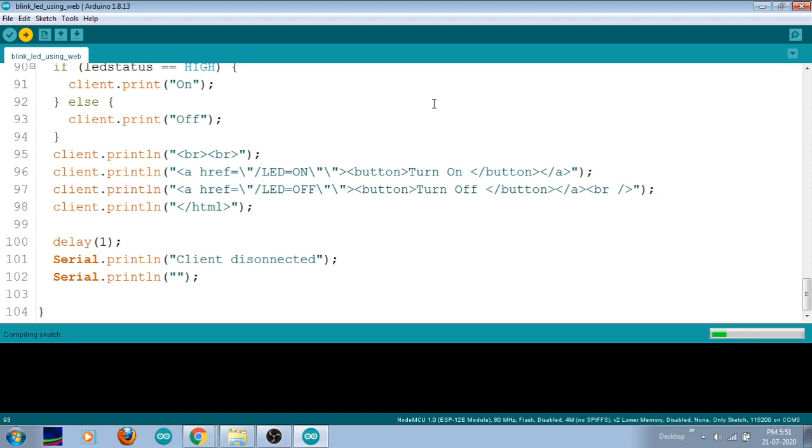In this code, lines 96 and 97 create one button. If you repeat these two lines any number of times, that many devices you can easily communicate with, and you have to define the pins accordingly. In the top part you have to connect the LED pins to one particular NodeMCU pin. Here we have represented it with D1. Suppose you want D2, D4, D5 and so on, then that many integer variables you have to create, and you have to assign the pin mode for them.